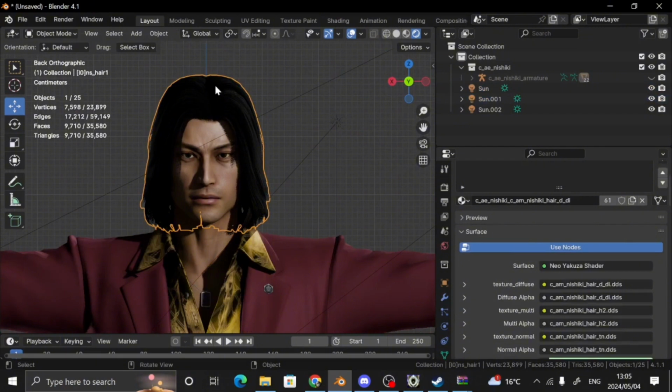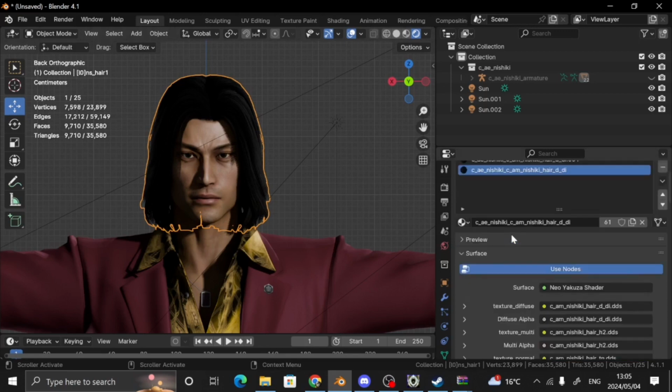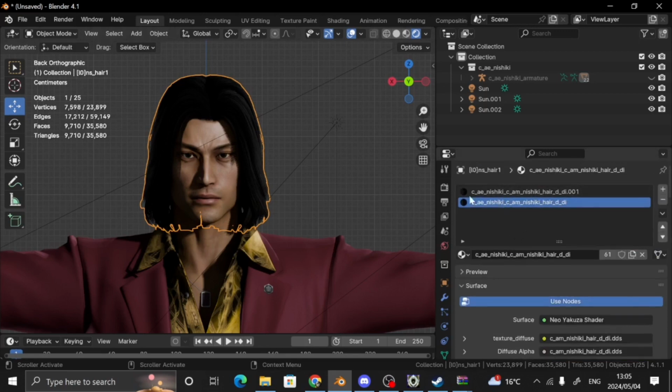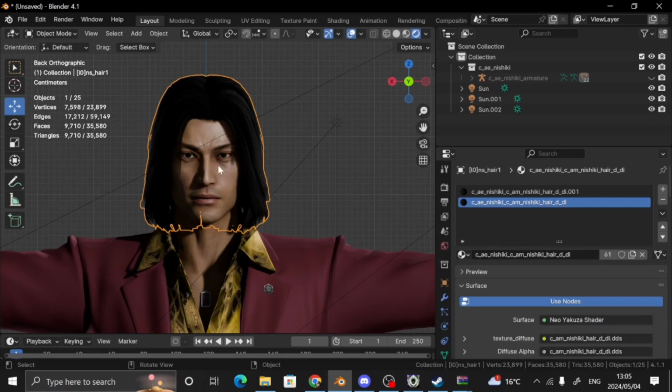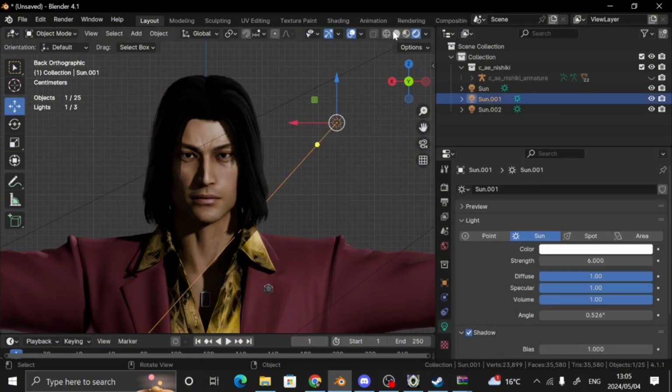I joined all his hair meshes together, and I changed his materials from alpha blend to alpha hashed. But that's about all I did. I also removed the cube map texture. That's gonna stay out for the majority of this. I also removed the cube map texture on his eyes. But what we're gonna do, for starters,